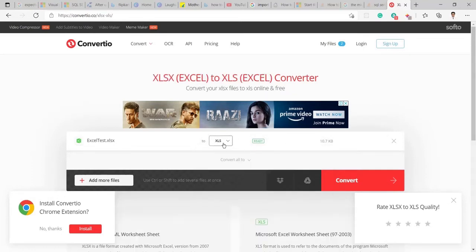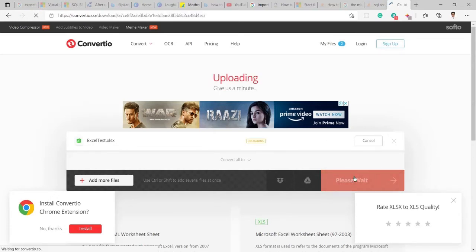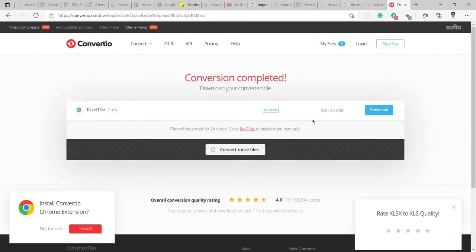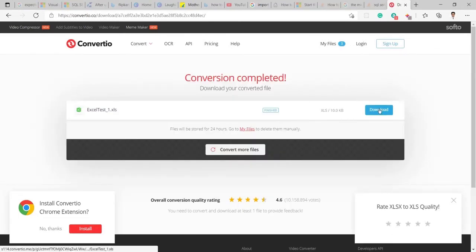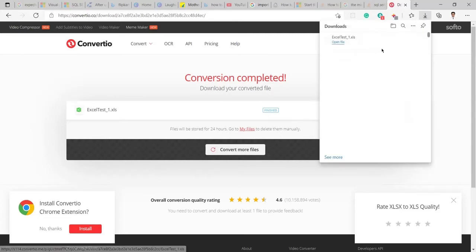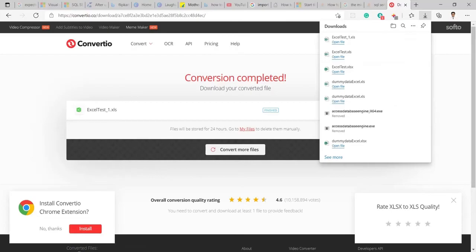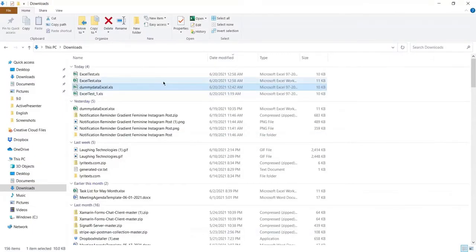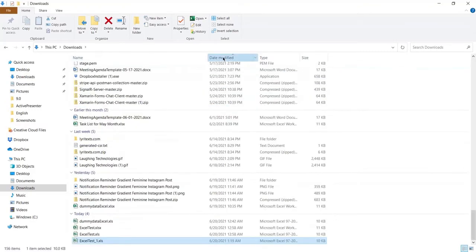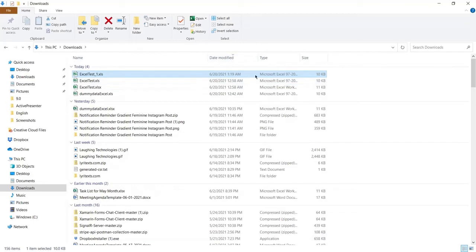Then you just need to click on Convert, and once you click Convert, you can see the document conversion has started, and you can see the download button. Once I click the download button, it will be downloaded into my Downloads folder. So I can see here, this is my downloaded file. This is the latest download basically. So you can see this is the last downloaded file. I can use basically any XLS file, so I will use any one of them.